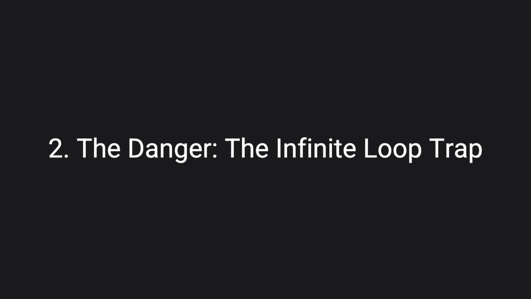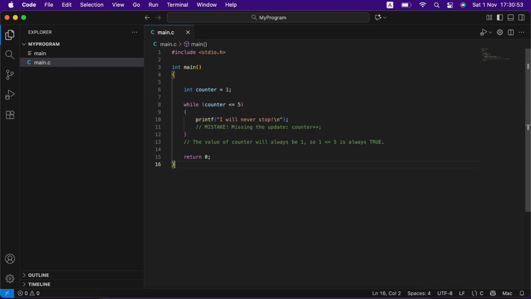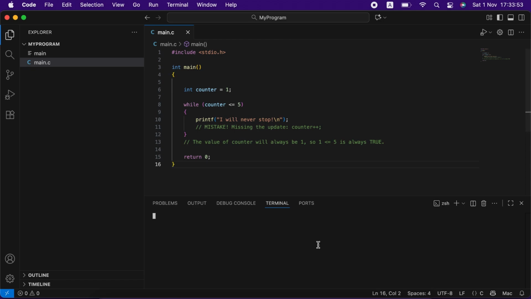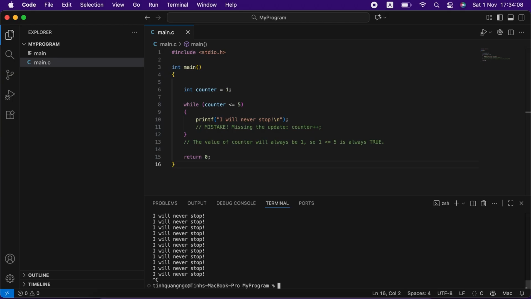Second, the danger, the infinite loop trap. The single biggest danger with the while loop is forgetting the update step. Part 3. If the condition is initially true and you don't put code inside the loop to make it eventually false, the loop will run forever until you forcefully stop your program. This is an infinite loop. The key to a safe while loop is ensuring that the code block guarantees that the condition will eventually become